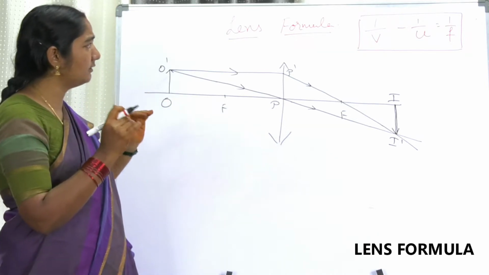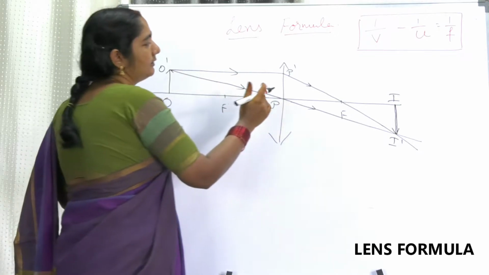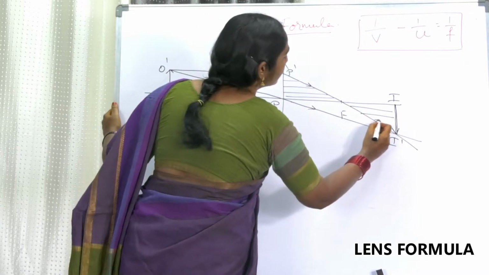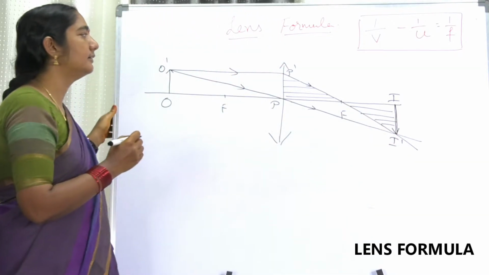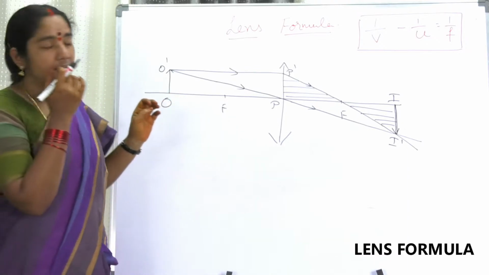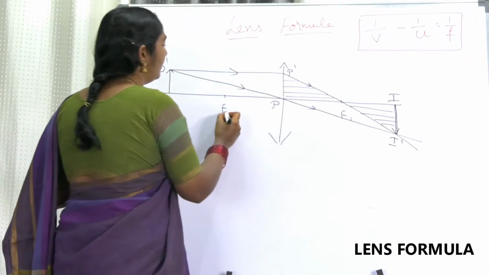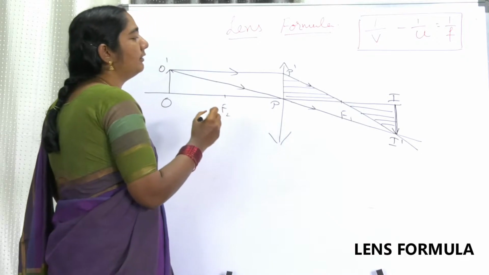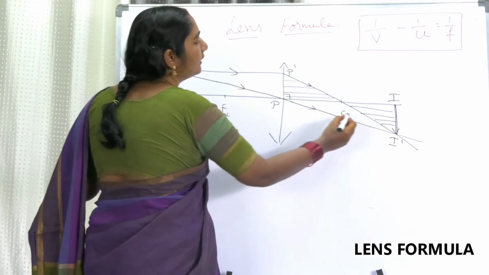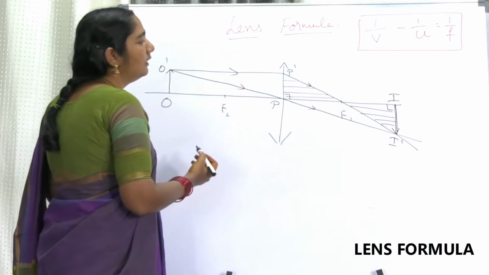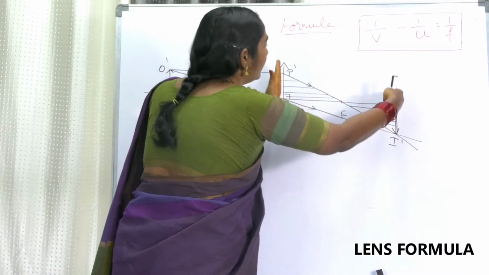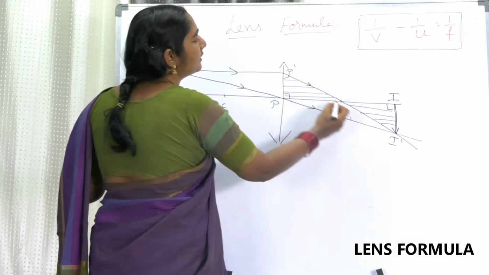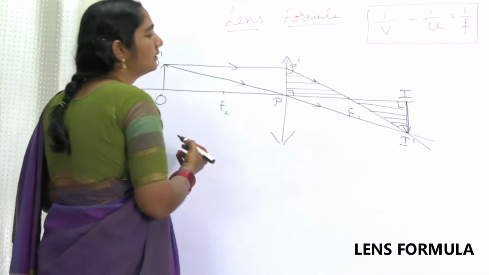Now, to derive this equation, we are taking these two similar triangles. Please try to understand. If you see these two triangles, this is F1 and F2. This is a right angle triangle, and this is also a right angle. Now these two lines are parallel, and this is a transversal. Definitely these two angles are equal because alternate angles are equal, we know that.